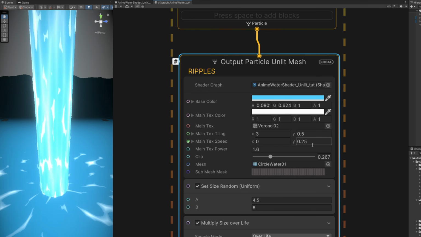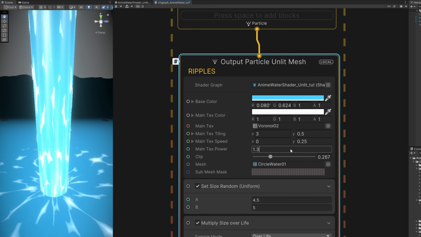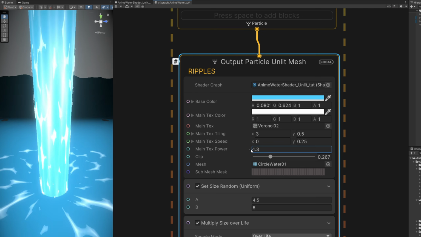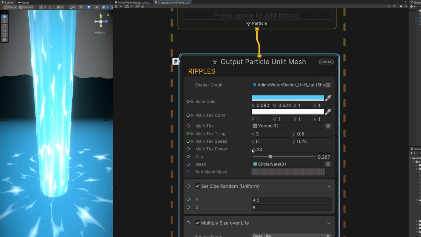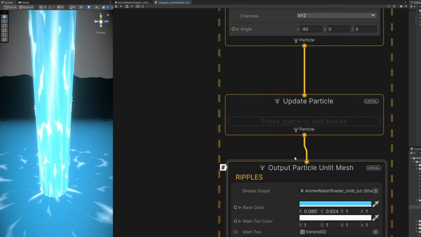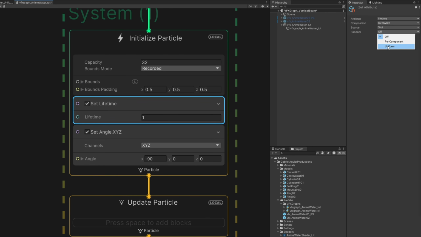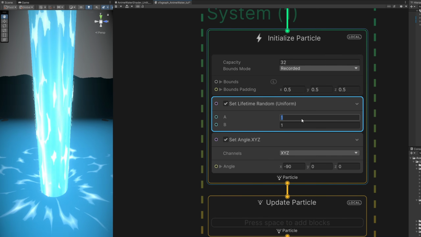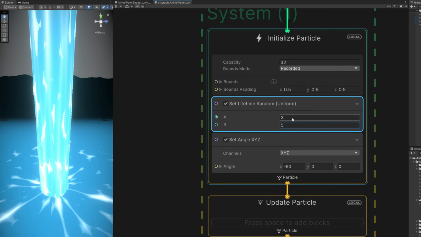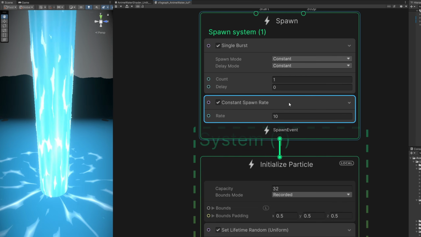And the main text, you can adjust how much it's showing with this property, the main text power, and with the clip as well. Right, I'm gonna leave it more or less with these values, and now the only thing I'm gonna do is add set lifetime to this random between 3 and 5 seconds. And then in the spawn, let's use a constant spawn rate of around 1,